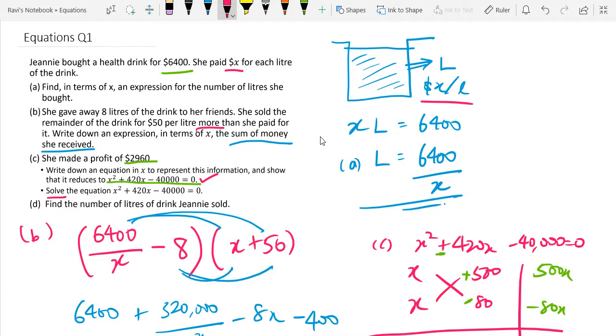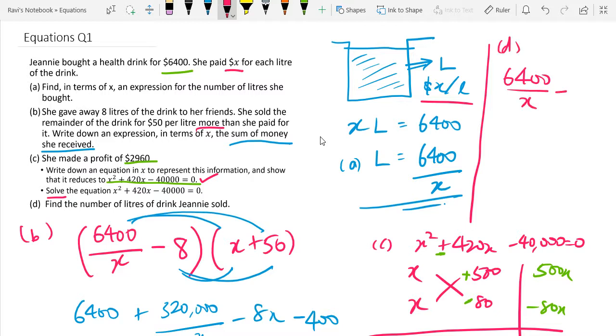Once we know that, we can go on to solve the last part, which is part D. Find the number of liters of drink that Genie sold. So how much did Genie actually sell? Let me do the last part here. The original amount she bought was 6,400. So this is part D here. 6,400 over x, that's what she bought,